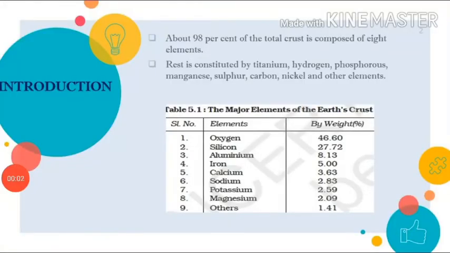The earth is a huge sphere with a radius of about 6,400 km. To find out the inner structure of the earth, we would have to go down right up to its center. Obviously, that is not possible. So, scientists have taken the help of earthquakes to determine the structure of the earth. During earthquakes, vibrations are produced, just as the vibrations of a string of a musical instrument produce sound waves. The earth's vibrations produce seismic waves.